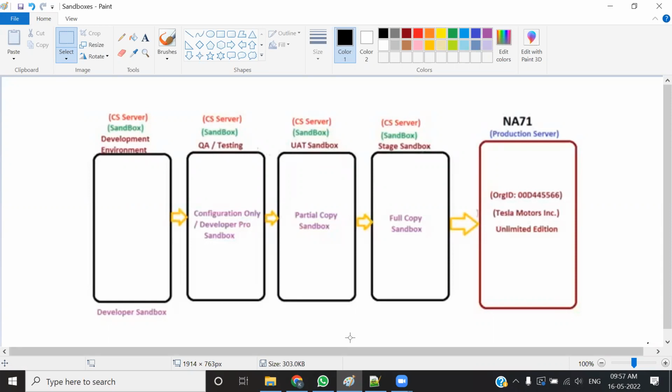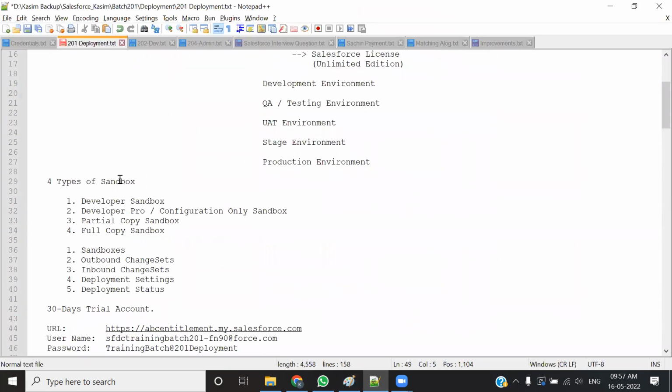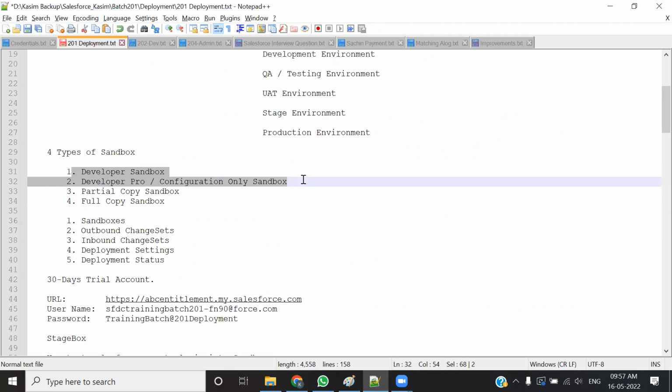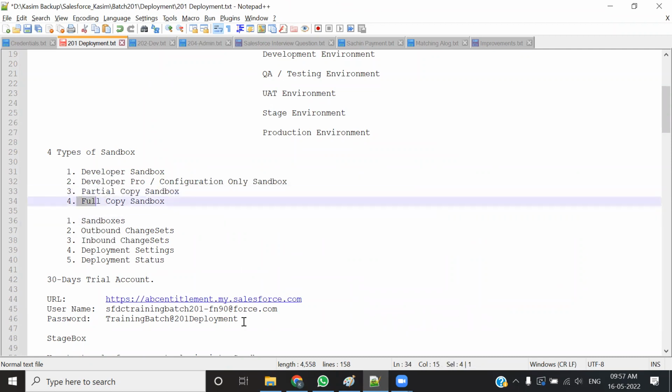तो अब ये होते हैं सैंडबॉक्सेस, ठीक है, और इसके लिए जो रिक्वायर्ड है वो हमने कर लिया। नाउ अब इसका एक टाइप जो है वो यहीं से डिस्कस कर देते हैं, बाय टुमारो वी आर गोइंग टू स्टार्ट बाय क्रिएटिंग द सैंडबॉक्सेस। सैंडबॉक्सेस 4 तरह के होते हैं, डेवलपर और डेवलपर प्रो, पार्शियल कॉपी एंड फुल कॉपी, ठीक है। डेवलपर और डेवलपर प्रो जो होते हैं ये यूजुअली डेवलपमेंट पर्पज के लिए, डेवलपर्स मोस्टली डेवलपर प्रो सैंडबॉक्स यूज करते हैं, ठीक है। उसके बाद में आता है पार्शियल कॉपी एंड फुल कॉपी।